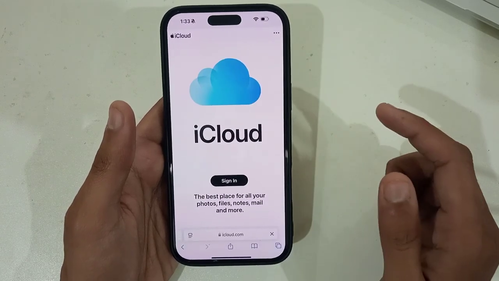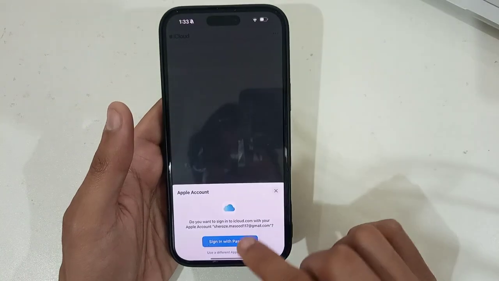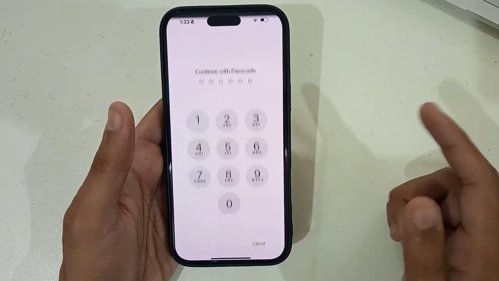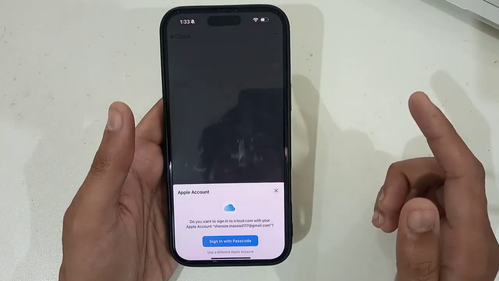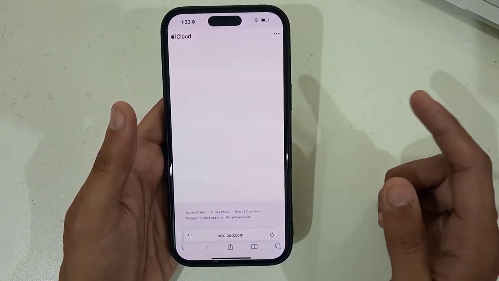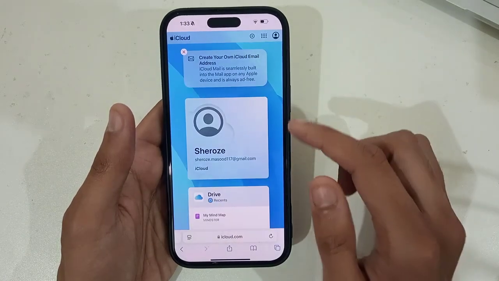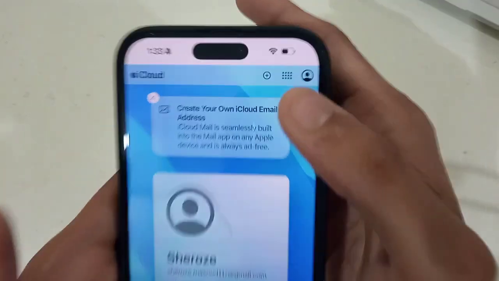and a screen like this will come up, and you need to sign in to your account. As my account is already signed in, it will take me into it. And after signing in, as you can see, you can access your account, and under this section here you see,